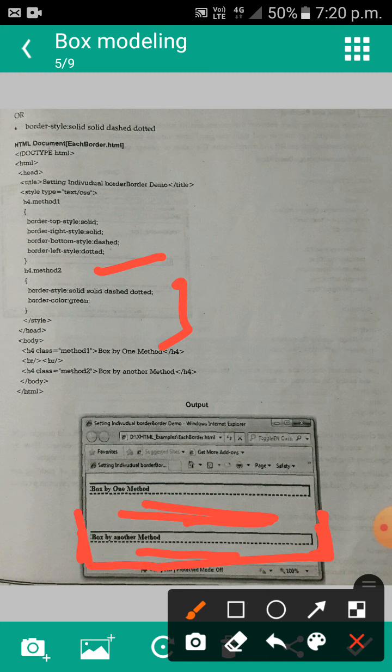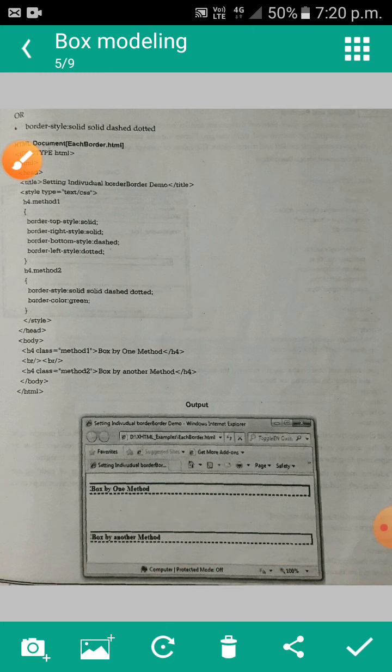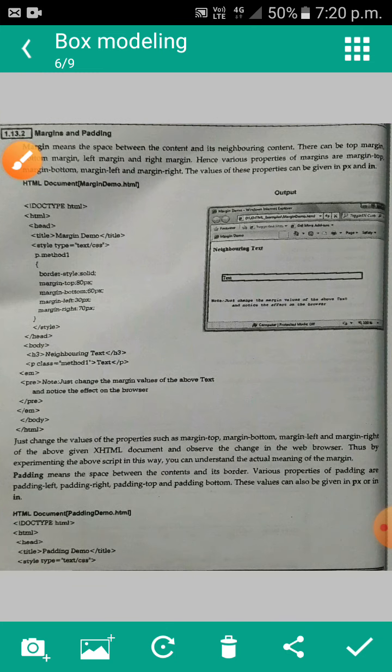That is, the border style is solid, the right side is also solid, the bottom is dashed and the left side is dotted. Like this we can give it in a single line also, and the border color is green. This will be displayed in a green color. This is how we can display the borders in different styles.